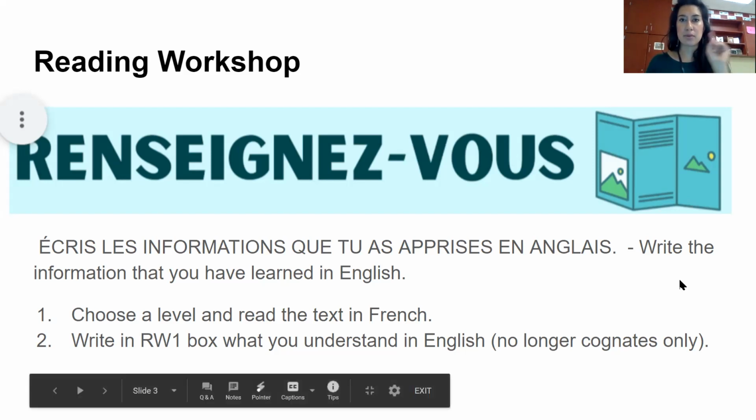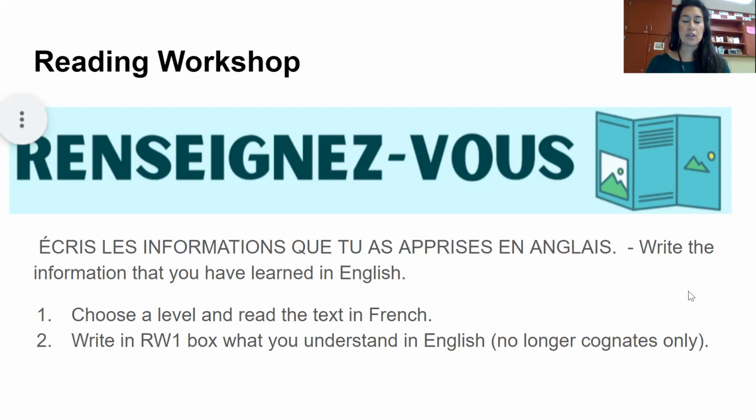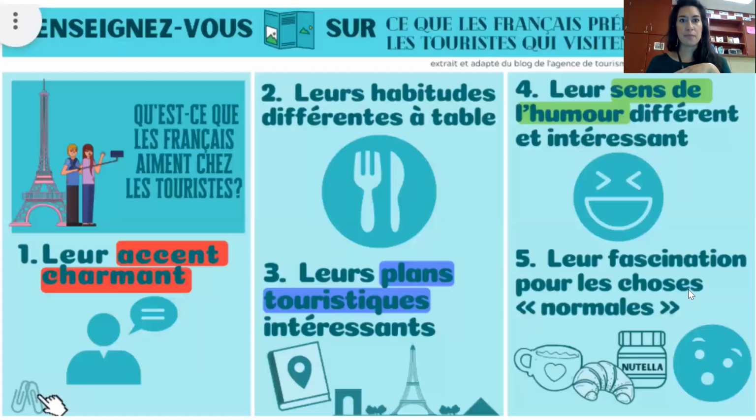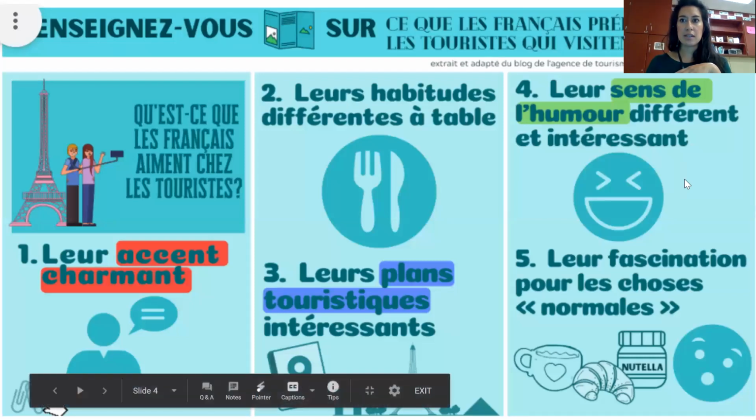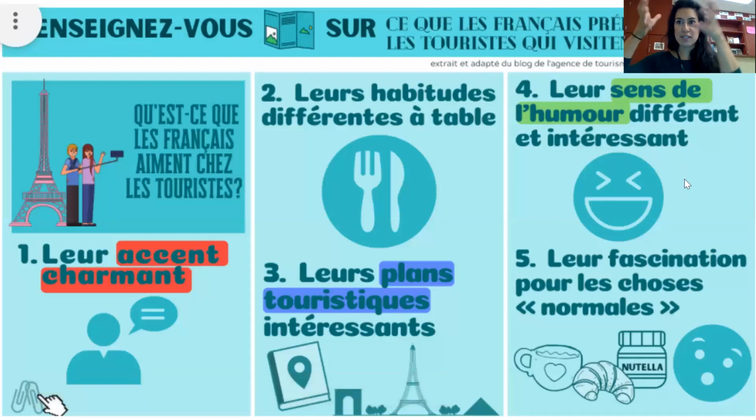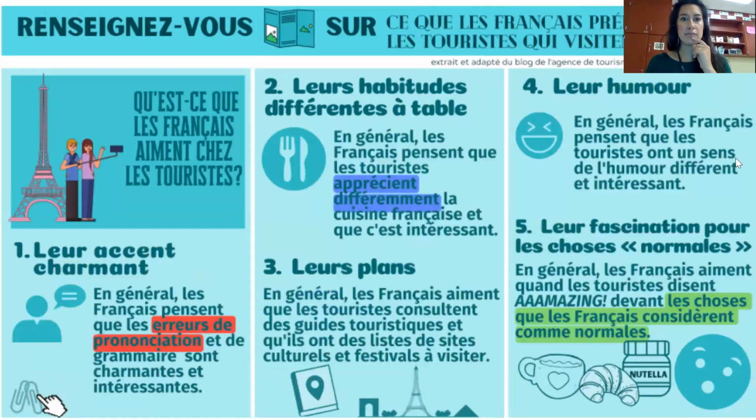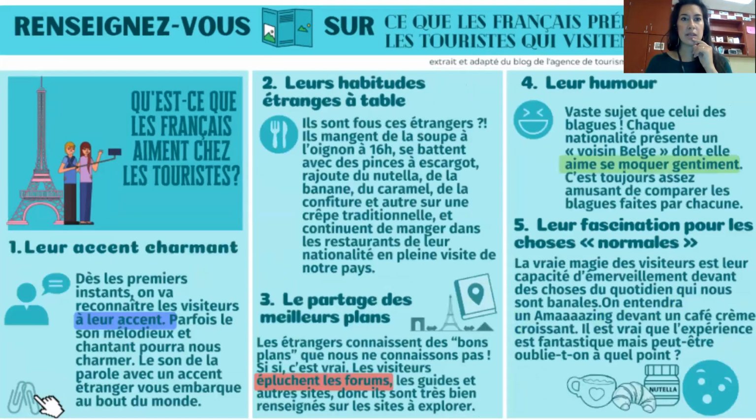So let's have a look at some examples, and you can pause the video on the text that you want to work on. Go complete that on the Google form, and then come back to the video. If you can't see any of this because my face is covering the top right hand corner of the screen, then it is on your Google form. But this is the beginner level text. This is the intermediate level. And this is the advanced level. Okay, so pause. You should be spending about 5 minutes on the whole of the reading workshop, and then come back to the video.